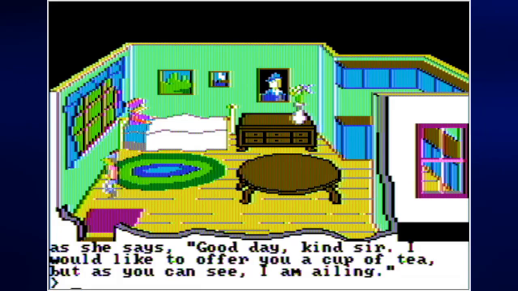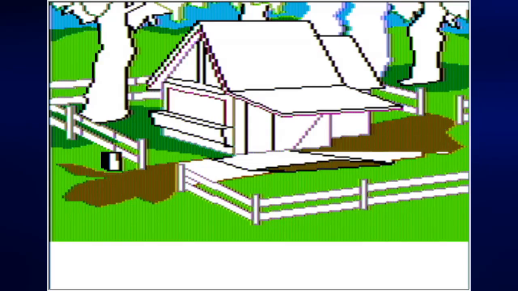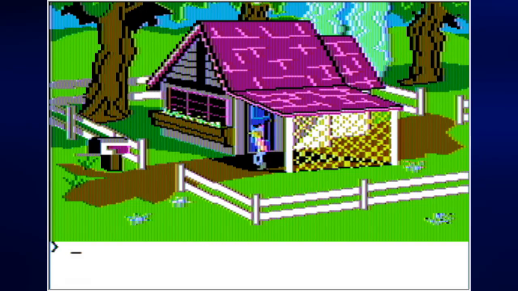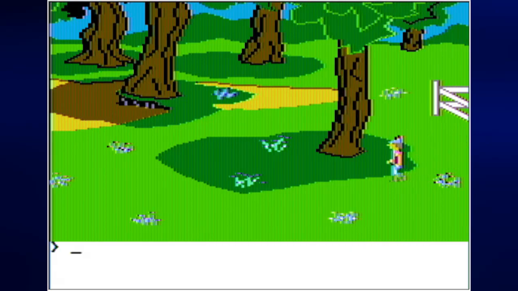Well, we need to make her better before she can do anything for us. And we can't really do anything else in the house as far as I know. So we will have to leave. I do want to go back to the west one screen and see if something happens, because it may be this screen, it may be the one to the east of the house, where if you wait around long enough,